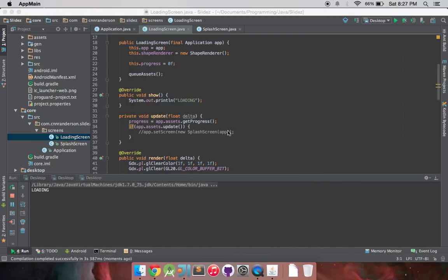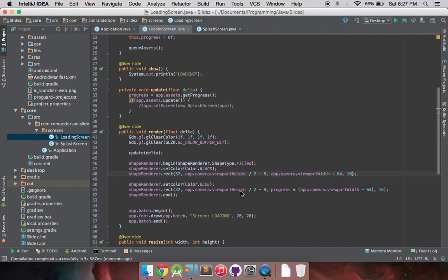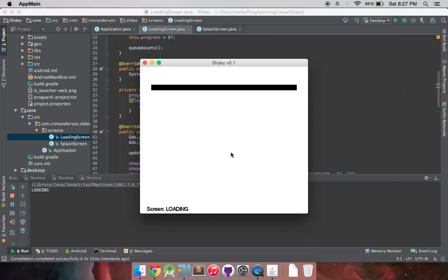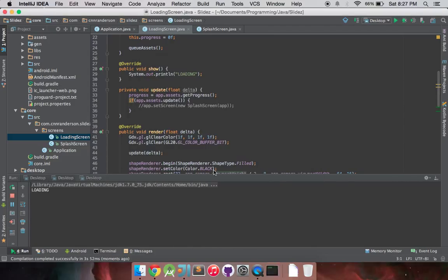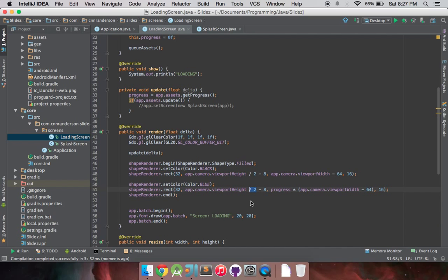However, I'm noticing that our camera isn't centered. Is that viewport height divided by 2? What happens if that isn't divided by 2? Where does the progress bar go? And then it's too far. All right. This isn't something I was expecting, 'cause that should be right. Let's